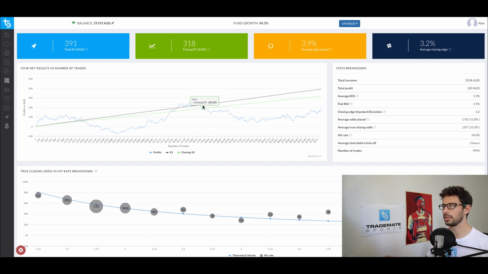So you'll notice that there's actually a little bit of correlation between the Asian handicap market and this market too, just because we've noticed around this kind of mark, that 6,000 trade mark, that we've actually lost a bit of money, but then at least this one's gone back up a bit. So yeah, maybe something's happened in the NFL betting market in the last couple of seasons where the market maybe isn't as efficient, or maybe it's the markets that we're tracking aren't as sharp as we'd hope them to be. So I'll discuss that later in the video, but this is definitely something to keep in mind going forward.